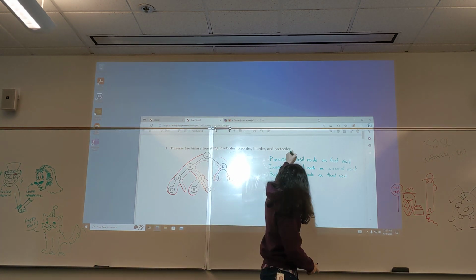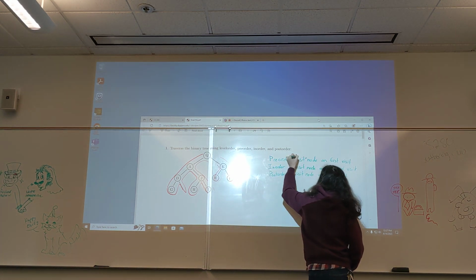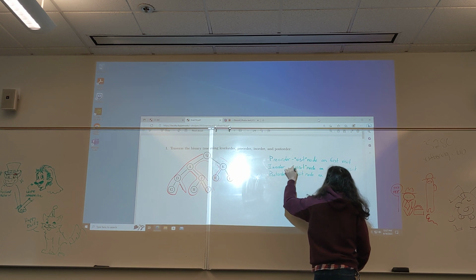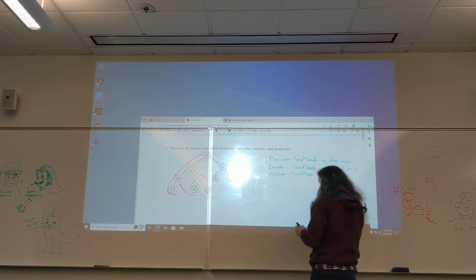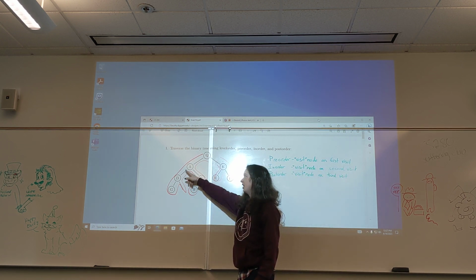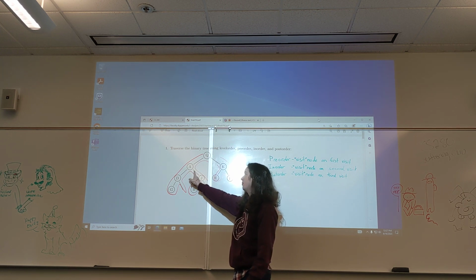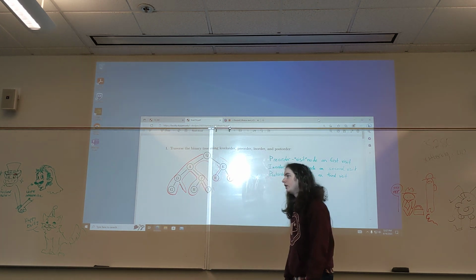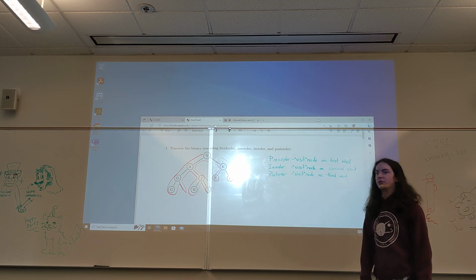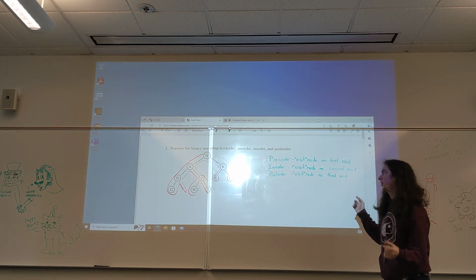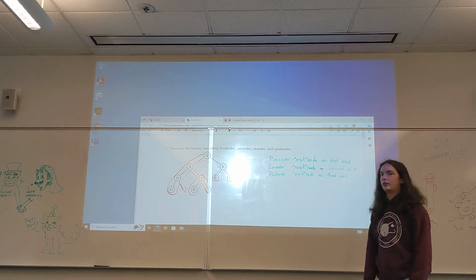So pre-order, you do whatever operation on the first time you see it. In order is when you come back from the left side, and post order is when you come back from the right side. The reason it's called in order is because it's in between. So post order would be,